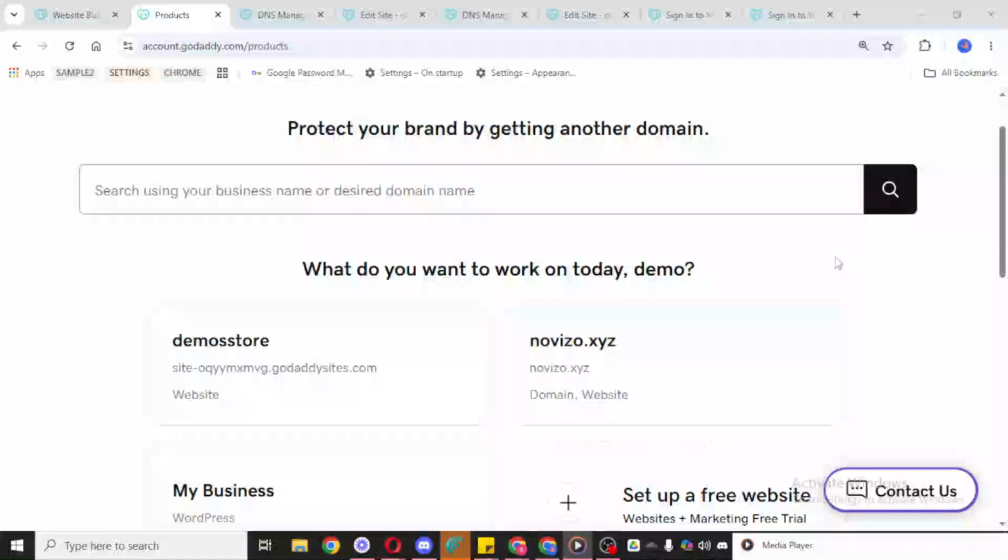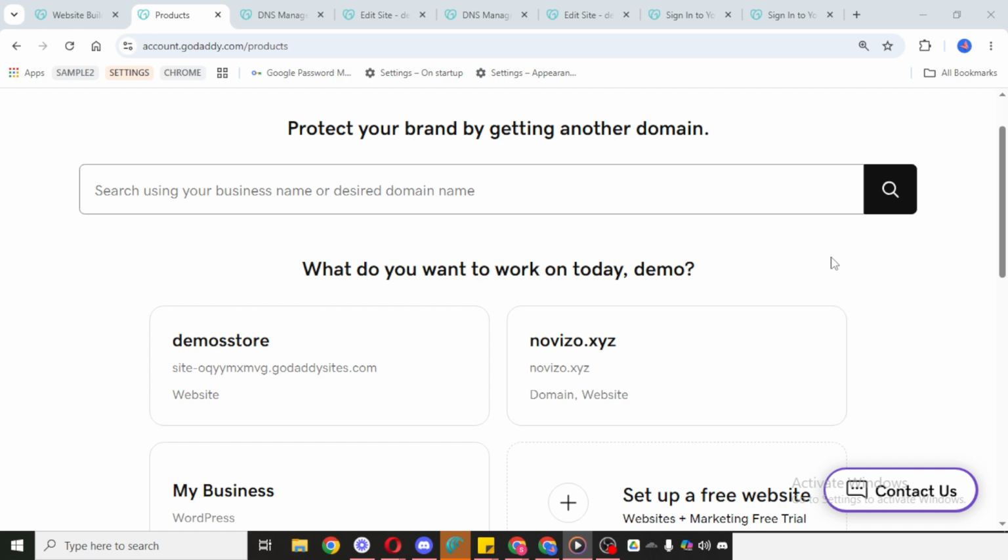In today's video, I'm going to teach you how to point a domain to a website in GoDaddy. If you want your domain name to connect properly to your website, this process is usually done through your DNS settings inside GoDaddy. It's a simple task once you know where to look, and in this walkthrough, I'll guide you through it clearly so you can make the update with confidence.